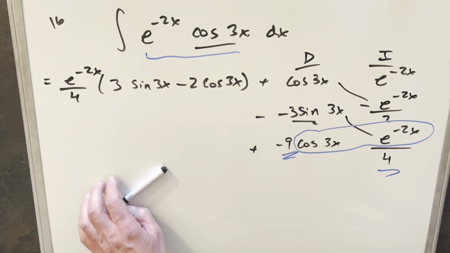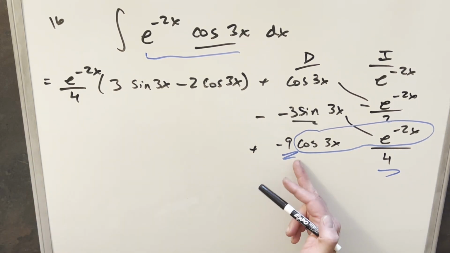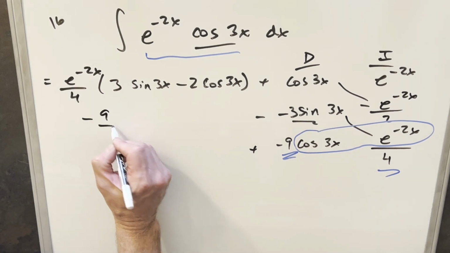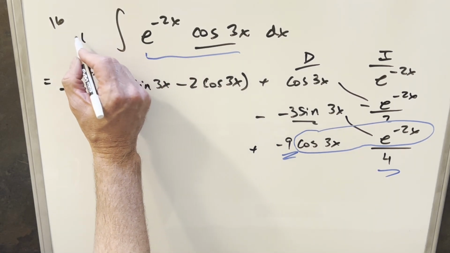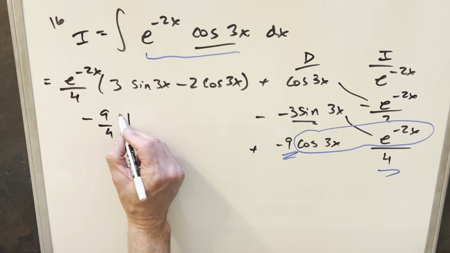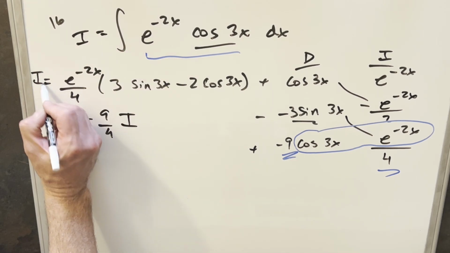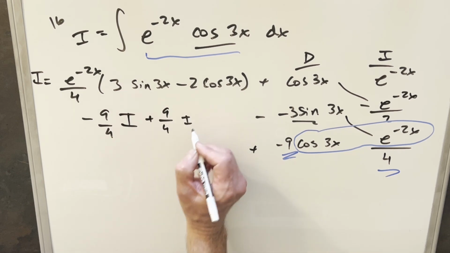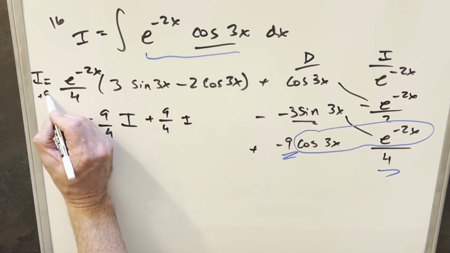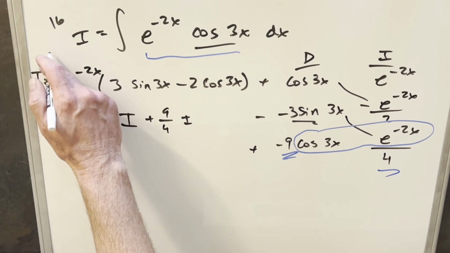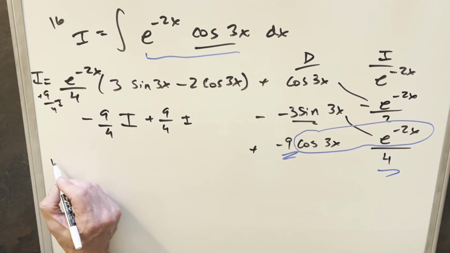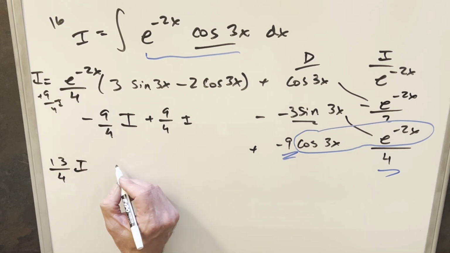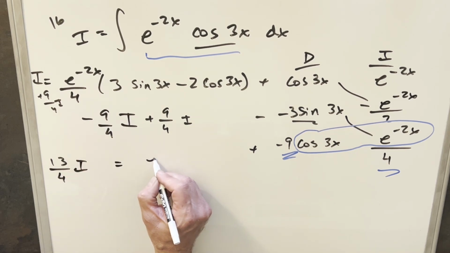Okay. And then dealing with this last thing here, as an integral, we have this minus 9 over 4. So I'm going to have minus 9 over 4 times this thing, which is our original integral, which I'll call I. So this thing's going to be minus 9/4 I. To get rid of this, we'll add 9/4 I on both sides, right? I can look at this as 4 over 4 I. So on the left side, we end up with 13 over 4 I equal to this whole thing here,